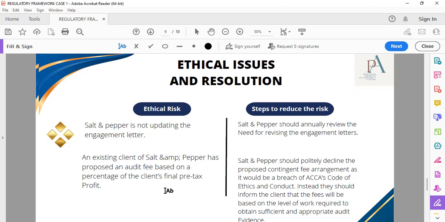It is a violation of the ethical code, because it puts you in what we call a self-interest threat. So when your audit assignment is based on profit before tax, you want to, even if the company staff